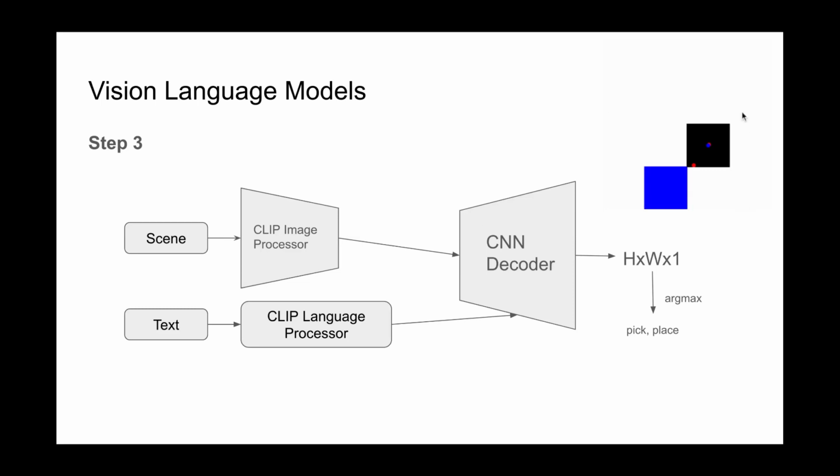So this model worked much better, and as we can see in the figure on the top right, if we have two objects like the blue and the black square, the model has been able to predict the pick and place locations much better in the red dots. So through this project, I learned a lot about the properties of such deep vision language models,